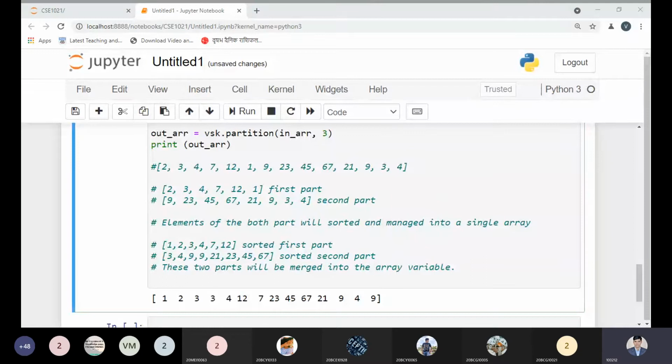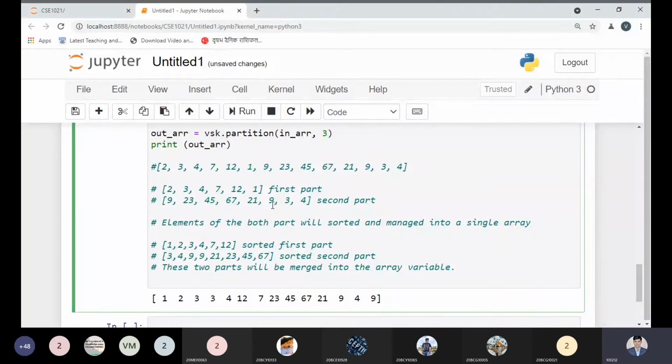So the partition is coming over here. The function is basically used to create a partition: it copies the input array with its elements rearranged in such a way that the value of the element in the kth position would be sorted. It will rearrange all the elements so that the value of the element in the kth position is in its sorted position. Elements smaller than the kth element are moved before it, and elements equal or greater are moved behind it.